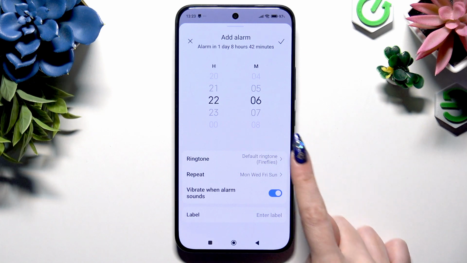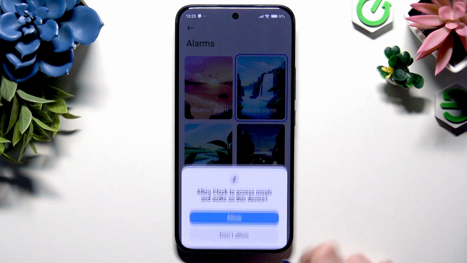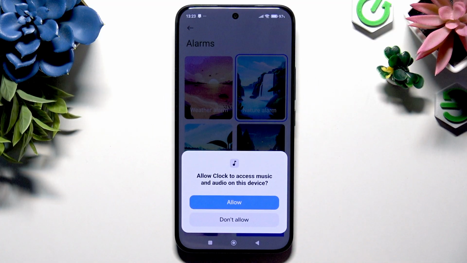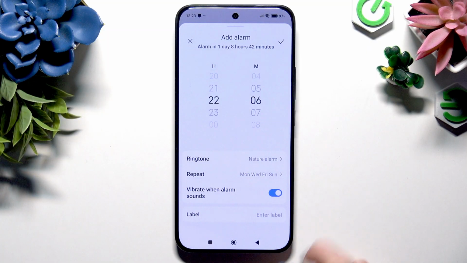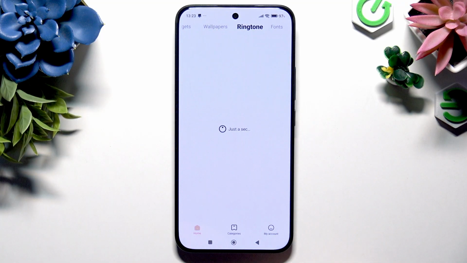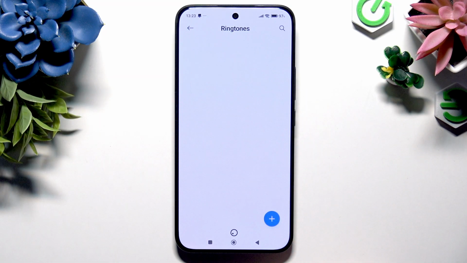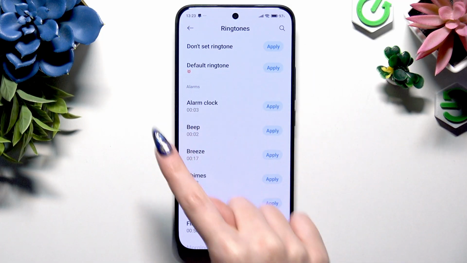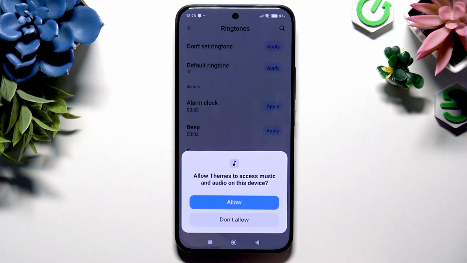You can finally choose Ringtone. Pick one of those options. Make sure to tap on Allow and go back, or select All Ringtones. Tap on Pre-installed ringtones and either choose Apply next to one of those, confirm your choice in the pop-up and hit Allow,